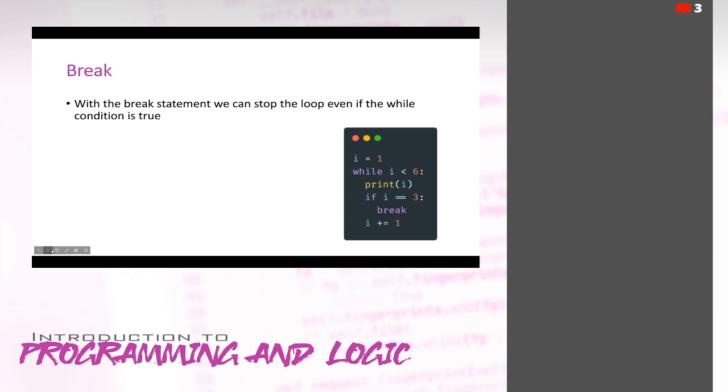We have some other ways that we can stop our loop even if our condition is true. One of which is this break statement. With the break statement, we can stop the loop even if the condition is true.